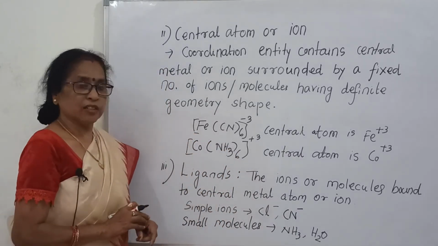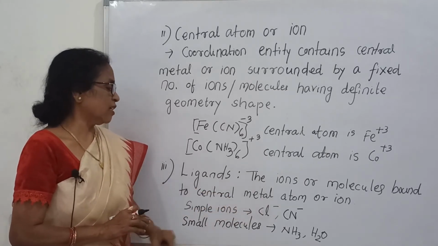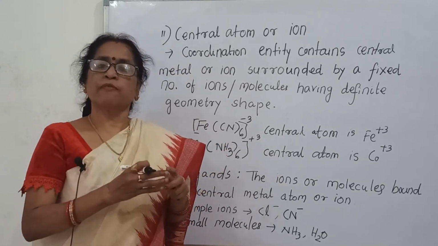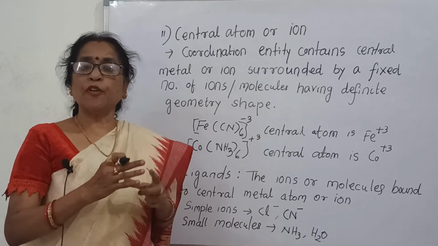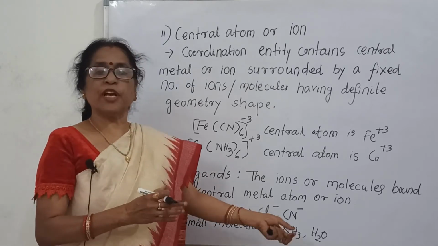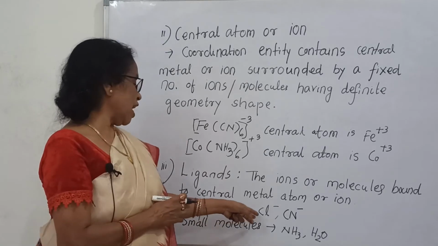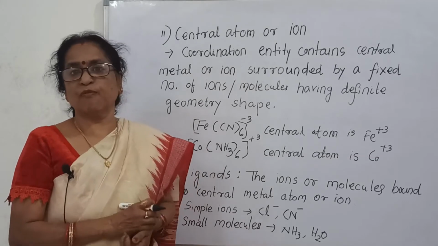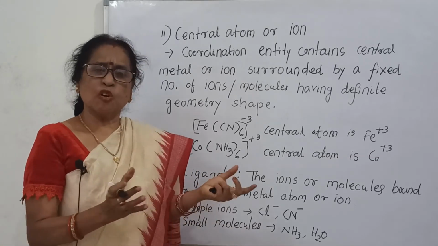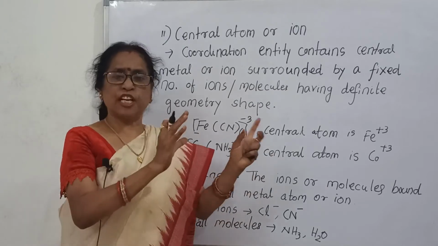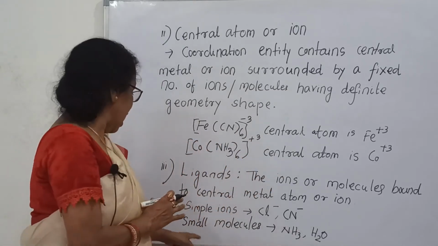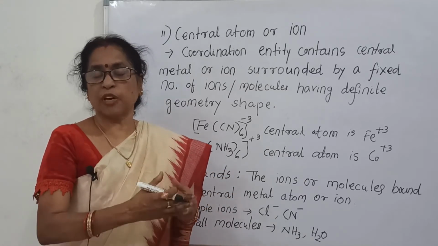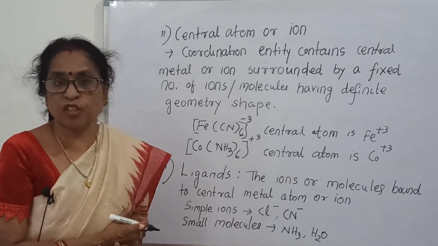Now, simple ions Cl minus and CN minus. That means the ligands may be charged particles or neutral molecules. For example, ammonia and water are neutral molecules, and here the simple ions are chloride and cyanide. Now you can see different sizes of molecules or ions. Simple ions have no complexity, that is Cl minus, CN minus. And small molecules, that means ammonia and water. Then you will see big molecules, which form the complicated structure for the